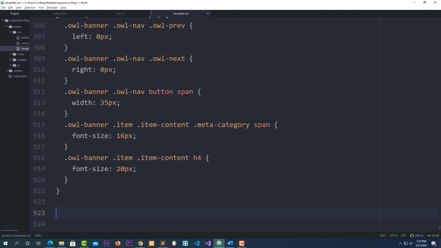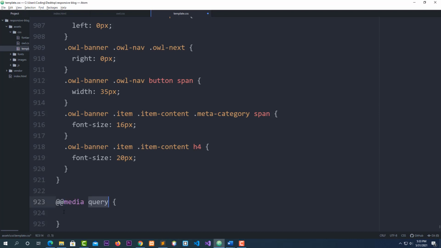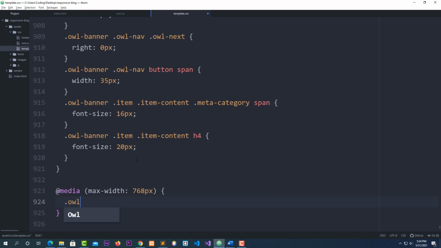I'm going to create another @media. Got two @, okay. At this time, I'm going to say for each size, I need one for the cell phone, one for the tablet, one for any type of device. I want the website to fit inside of any device. That's why I say max-width. Max-width should equal 768 pixels, and I pass that